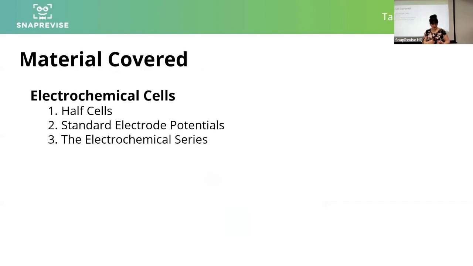But yes, let's see what we're going to look at here. So we'll think about electrochemical cells. We're going to look at half cells, how they're created, how we denote them, all that sort of thing. We're going to look at some standard electrode potentials and any calculations that are associated with it, and the electrochemical series and